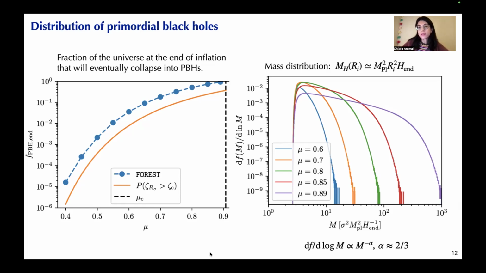Finally, on the right, we have the mass distribution of primordial black holes in this model, again for different values of the mu parameter. We see that as mu increases, the peaks of the distribution shift to larger masses, and we again have power law behavior followed by exponential tails. And when mu increases and gets closer to the critical value of eternal inflation, we see that the power law regime is across a larger mass range, and it has a behavior that can be fitted with a power law with an exponent minus 2/3. Okay, so those were my last plots.